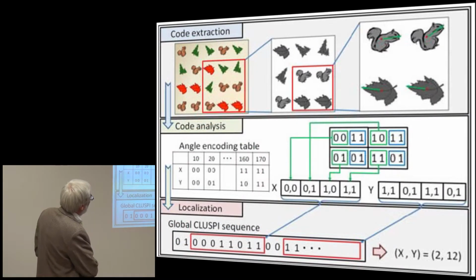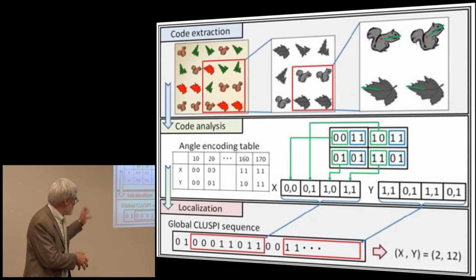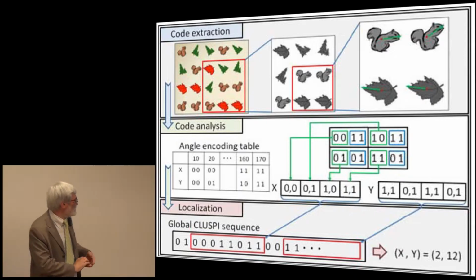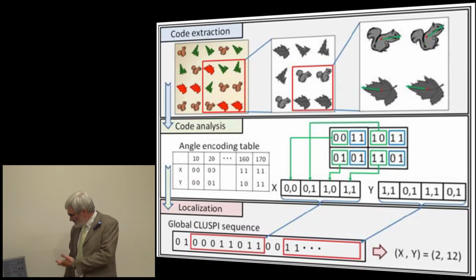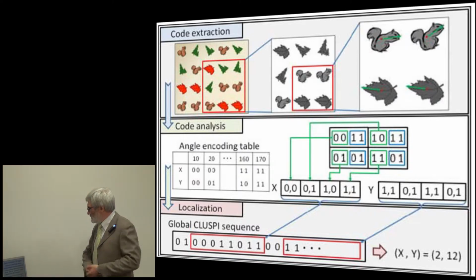So it's a fairly advanced method based on bit sequences with special properties, generated by special polynomials. So maybe if you look into my papers, you'll see how this actually works. It's not new, but it's redesigned for